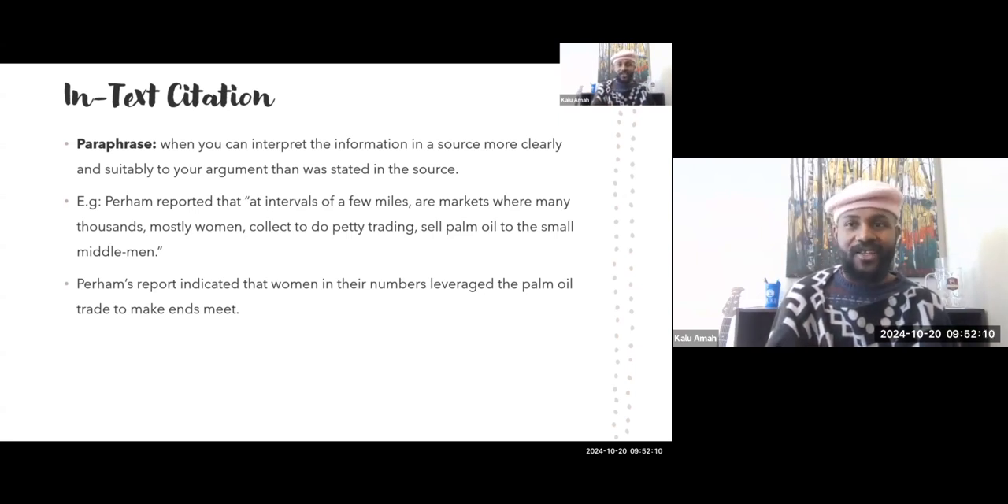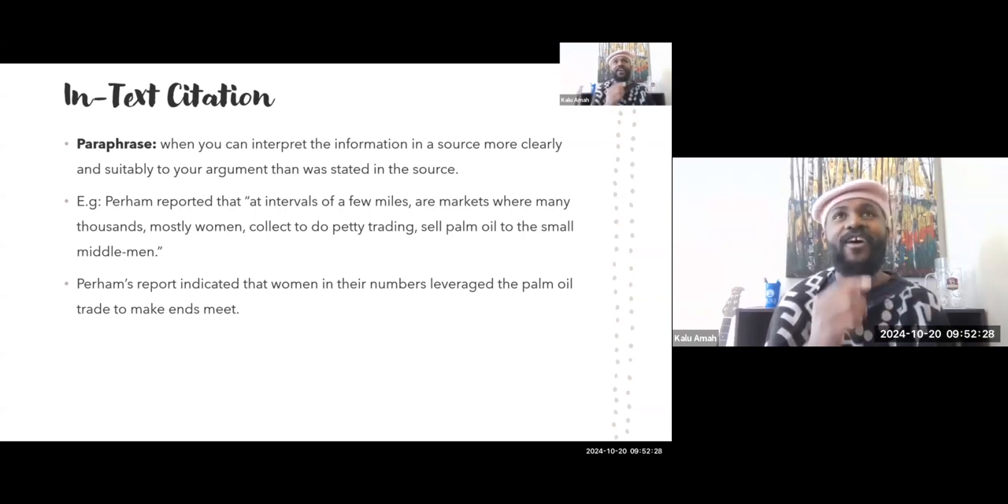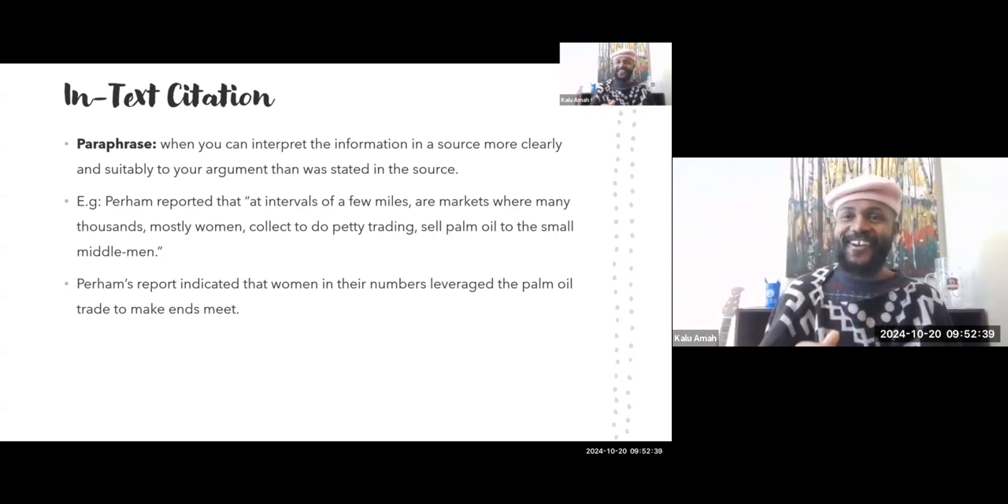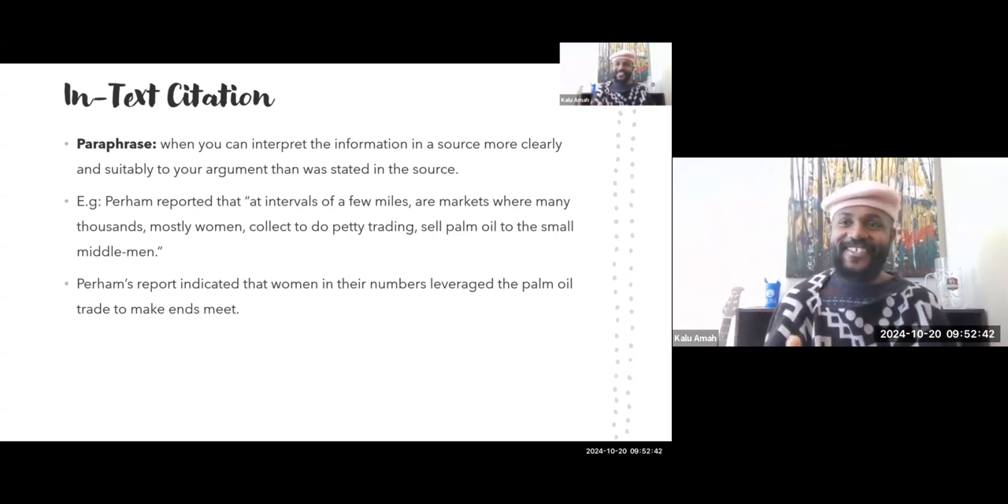Sometimes paraphrasing can be hard too. Sometimes we just exchange words and we start looking for synonyms of the next word. People paraphrase that way. I advise you against that. For example, you wanted to paraphrase the sentence. You say, Perham reported that, you now say at intervals. How else can we put at intervals? Okay, at some point, you now write at some point. Then you look at of a few miles. How else can we put of a few miles? So don't do this. This is not a good way to